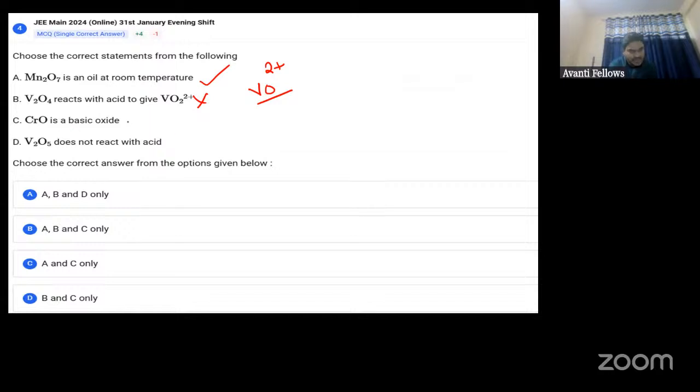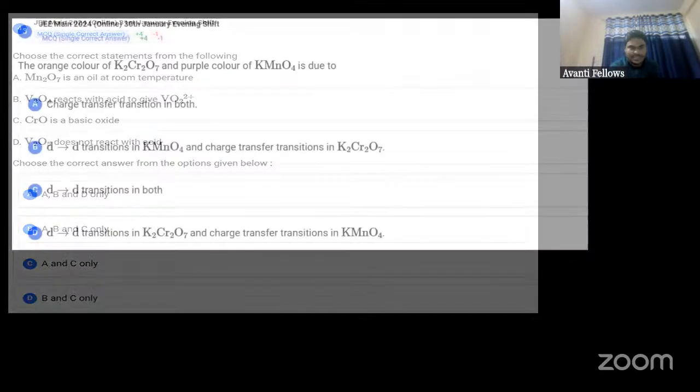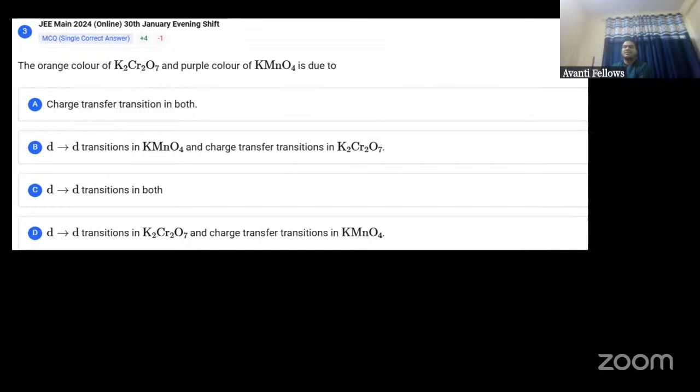CrO is basic, बिल्कुल ये भी सही है, बेसिक ऑक्साइड। V2O5 does not react with acid, ये गलत है, it is amphoteric। एम्फोटेरिक, और जो एम्फोटेरिक होते हैं वो एसिड और बेस दोनों के साथ रिएक्शन करते हैं, तो that's why they are amphoteric in nature। गॉट इट? So option A and C are correct, ए और सी बिल्कुल करेक्ट है। नेक्स्ट आ जाओ।